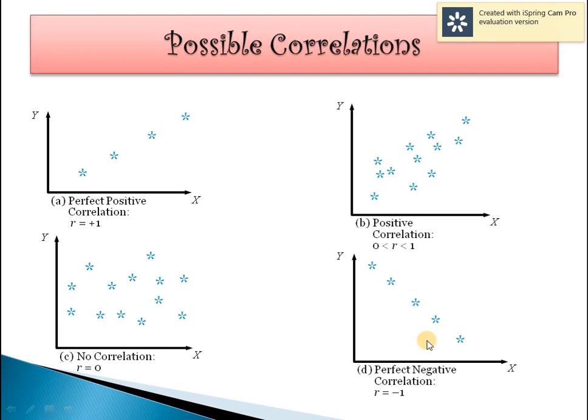If the relationship between the input and output process parameters is a negative correlation, the negative correlation plot will be obtained like this. This is for perfect positive correlation. This is for somewhat positive correlation. For getting positive correlation of the process parameters, the value of R will be between 0 and 1.